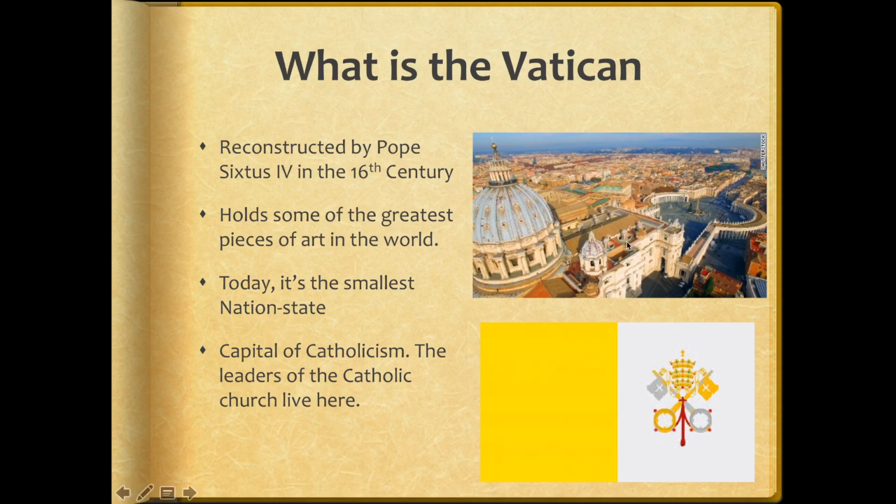So, just to be clear, Vatican City did exist before this time period, the early modern Renaissance time period. Just what you see now, this kind of revamped big buildings and art, wasn't done until the 16th century by Pope Sixtus the Fourth. He kind of, I guess you could say, revamped Vatican City. It was kind of controversial at the time because a lot of the church officials and people didn't want to mess with what they had there before, but he wanted to, and obviously it paid off because it's one of the many beautiful religious sites in the world.